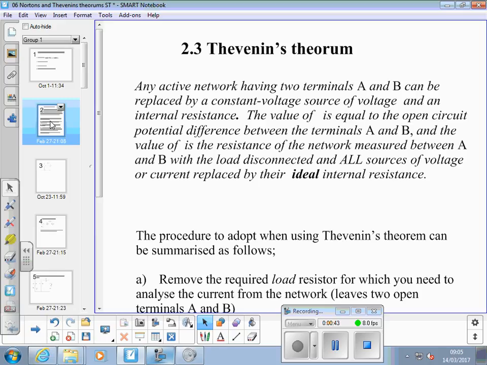Right, Thevenin's theorem. The words: any active network having two terminals A and B can be replaced by a constant voltage source of voltage V, with an internal resistance R, in series with the load resistance. The value V